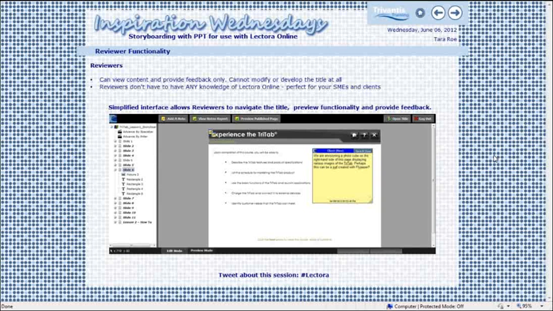Reviewers don't need to have any knowledge of Lectora Online whatsoever. This is going to be perfect for subject matter experts and for clients. You don't necessarily need your client coming in and adding a graphic or modifying the layout of a page, but you do want their feedback. This is where setting them up as a reviewer is going to be perfect, because notice from this interface,